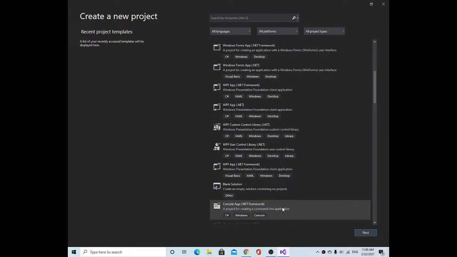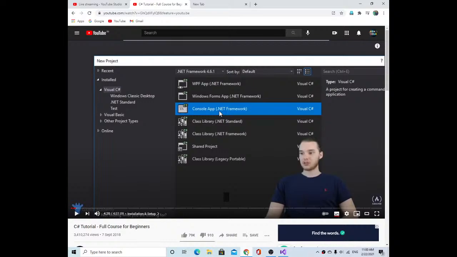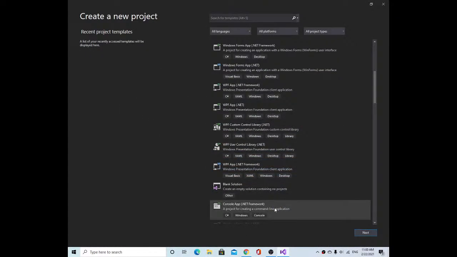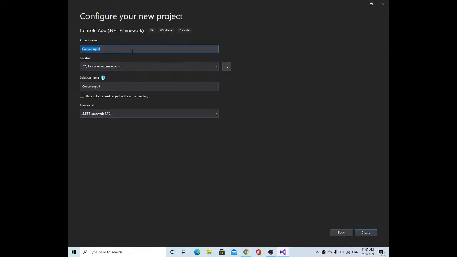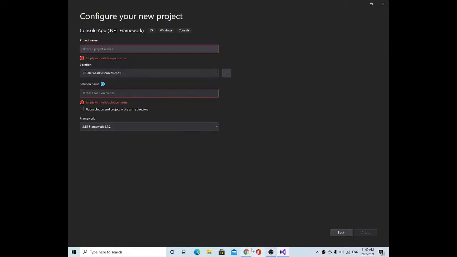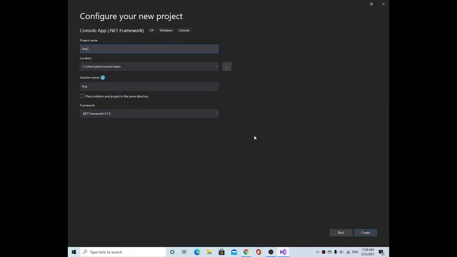Console app .NET Framework, यही है ना जो एक बार मैं देख लेता हूँ .NET Framework। हाँ ये console app .NET Framework। नेक्स्ट। ओके, तो फिर इसको मैं नेम क्या दूँ? फर्स्ट प्रोजेक्ट, फर्स्ट प्रोजेक्ट सोल्यूशन।